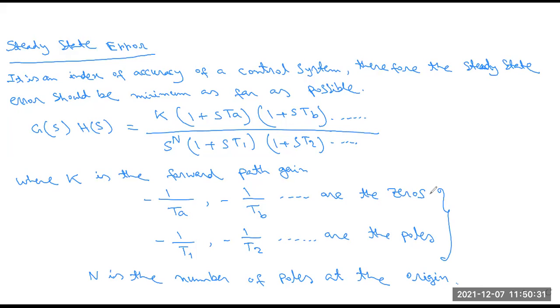Any questions, anyone in this part? Any questions, anyone? So please ask me. In the next part, we have to discuss the different types of systems. That means type 0 system, type 1 system, type 2, type 3, and so on. That means we have to express the number of terms of the system, that is n number of terms. Okay, we have to implement it in next classes also.